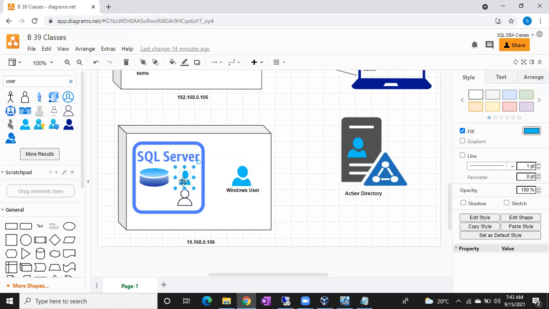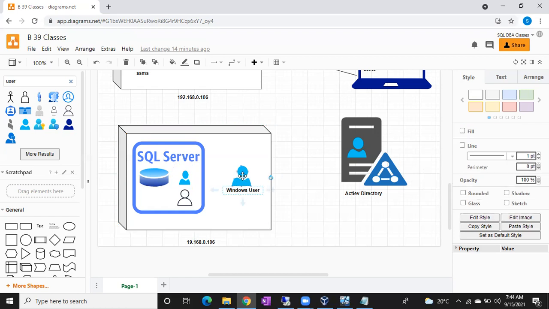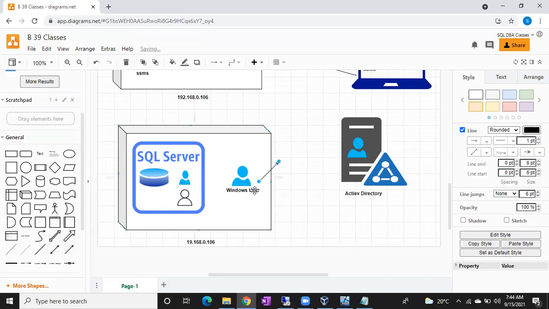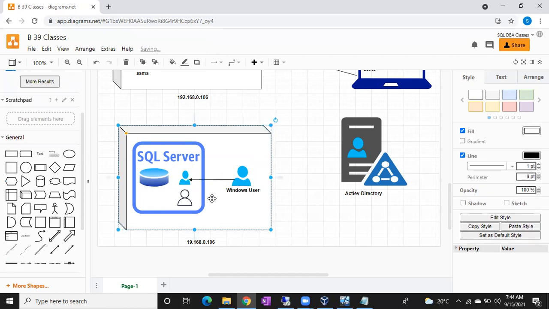So if I want to give access to Srinath to the SQL Server, first of all, I have to create a Srinath Windows login in the SQL Server. I can create the Srinath Windows login if I have the Srinath Windows user at the Windows level. Clear? Fine. Up to now, this is fine. So now Srinath has access to SQL Server. He can connect to SQL Server.